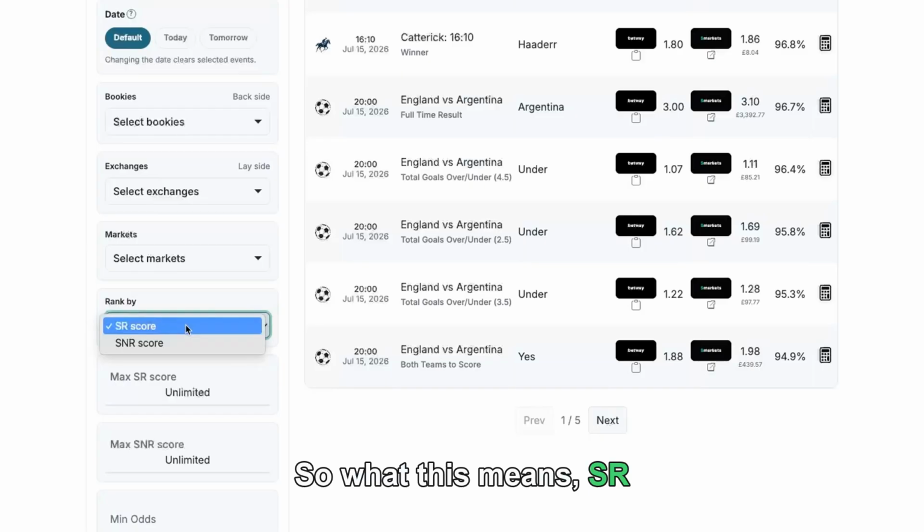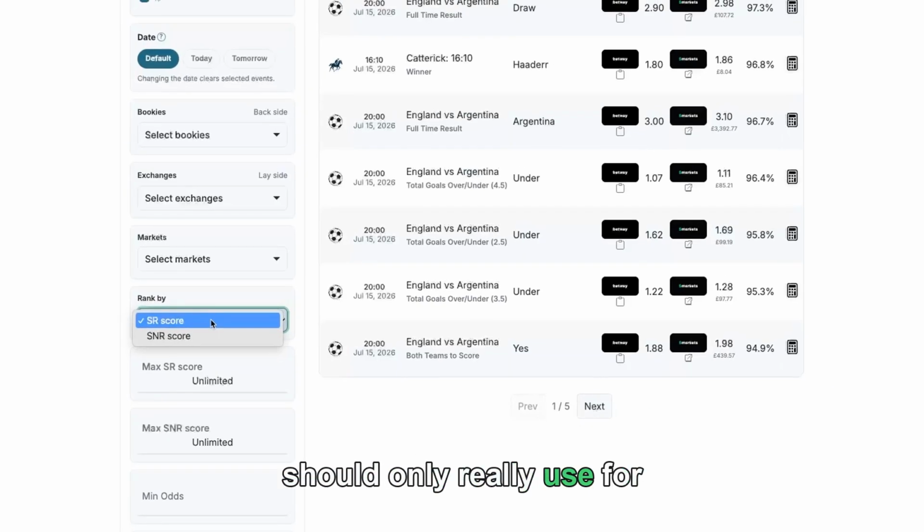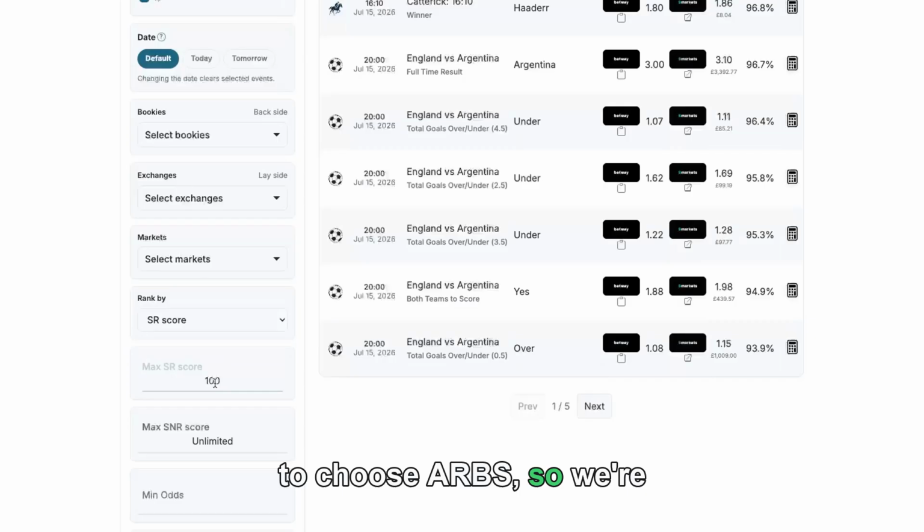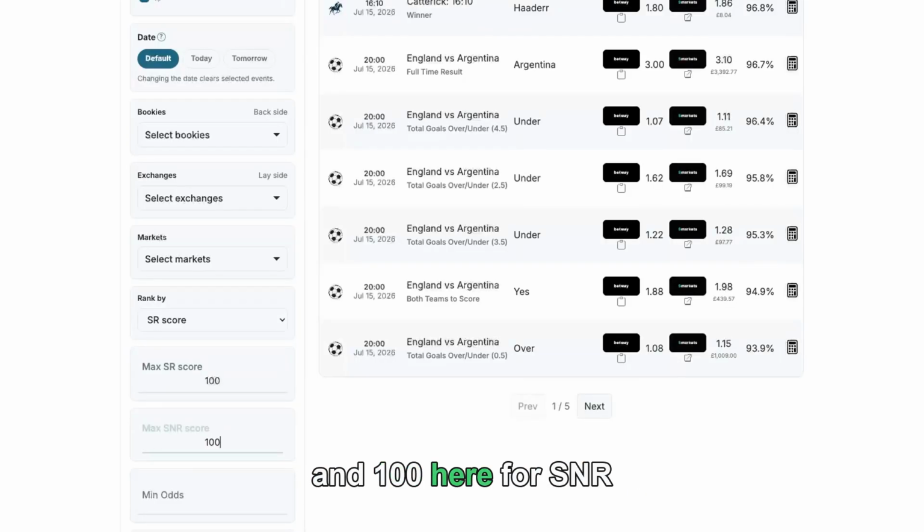So what this means, SR Score in the UK, you should only really use for qualifying bets. Now, SNR Score, if you have a free bet, please choose SNR Score, which I'll explain why when we get to free bets. So for qualifying bets, just choose SR Score. Now, remember, we don't want to choose ARBs, so we're going to use 100 here and 100 here for SNR